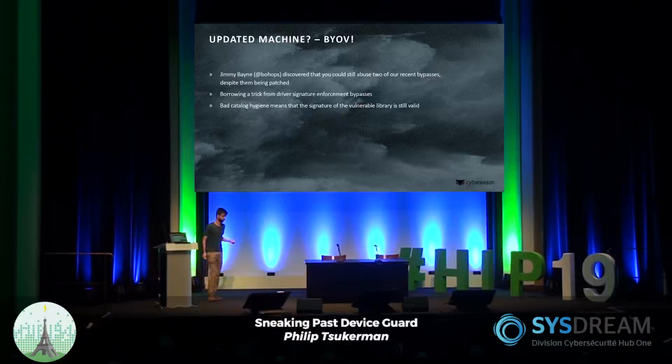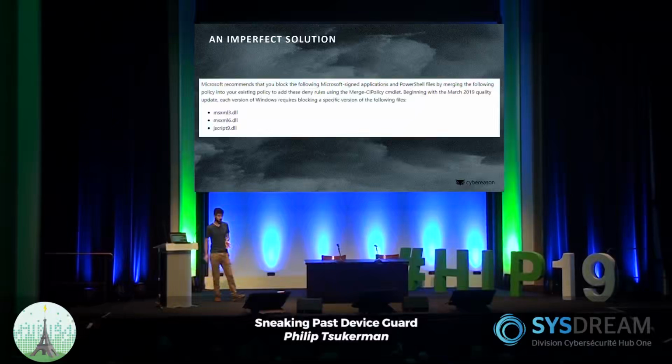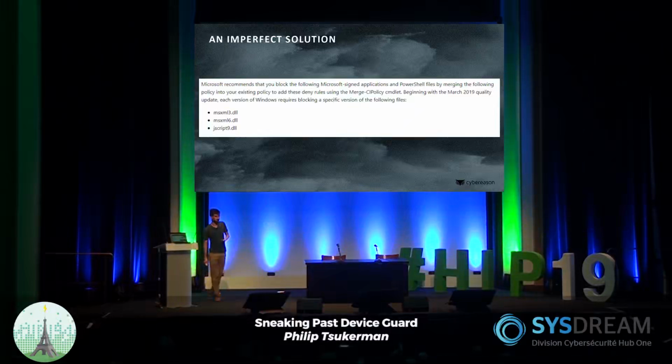And this is actually what Jimmy Bain, or Bullhaps, discovered, that you could take two of our bypasses, just bring the older version, the vulnerable version, to the machine, and just use that to bypass device guard. So who cares that the vulnerability got patched if the vulnerable version is still compliant for the policy. And the way Microsoft tried to handle this is by adding the suspect libraries to a specific policy that you need to merge with your device guard policy that will explicitly disallow the vulnerable versions. But that's not a really